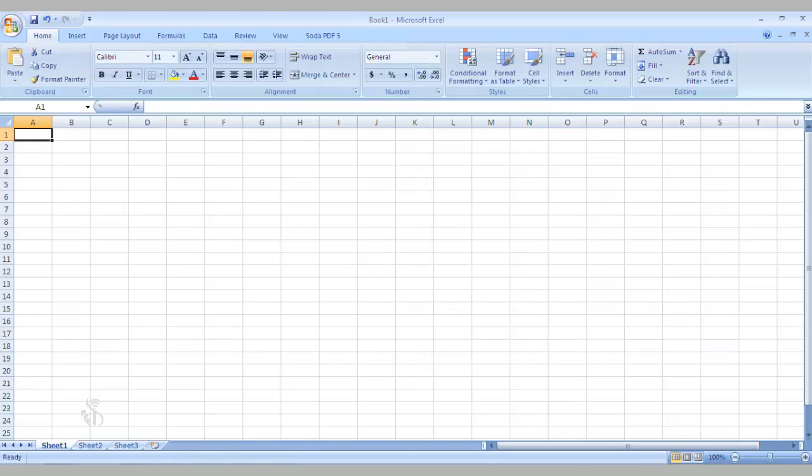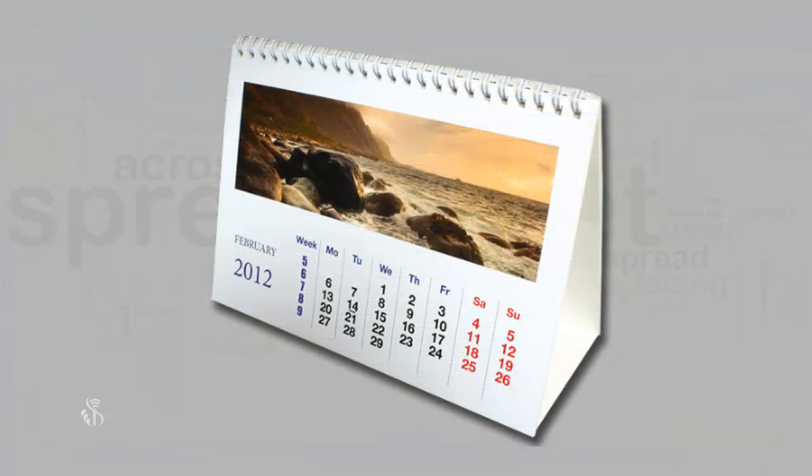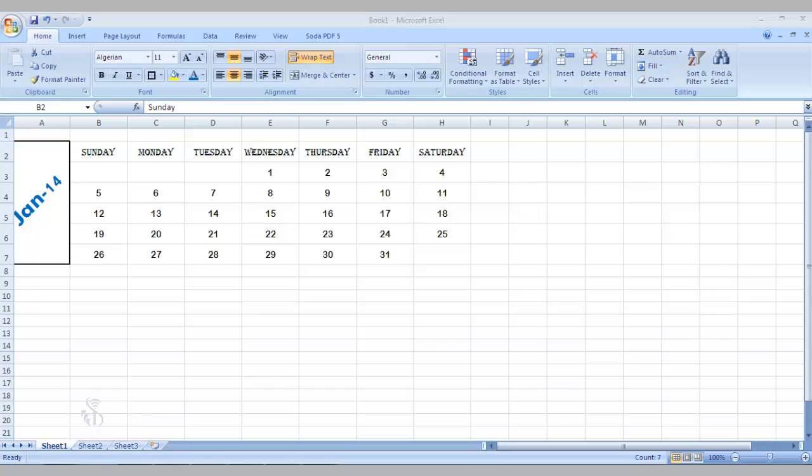Have you seen a table calendar? In this calendar, you will see that the names of the days or the names of the months are in a tilt position or in a right angle. Now we will use this command to change the position of the title of the table.